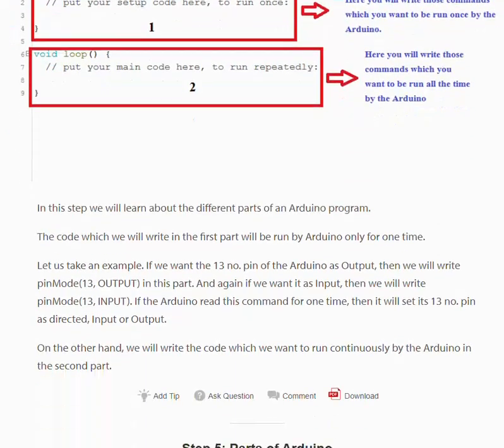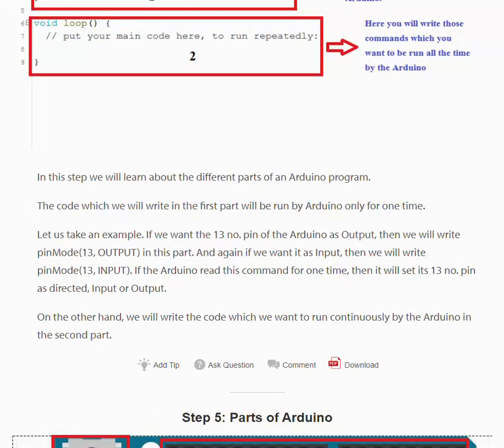Step 4, parts of Arduino programming. In this step, we will learn about the different parts of the Arduino program. The code which we write in the first part will be run by Arduino only one time. Let us take an example. If we want pin number 13 of the Arduino as output, then we will write pinMode 13, and